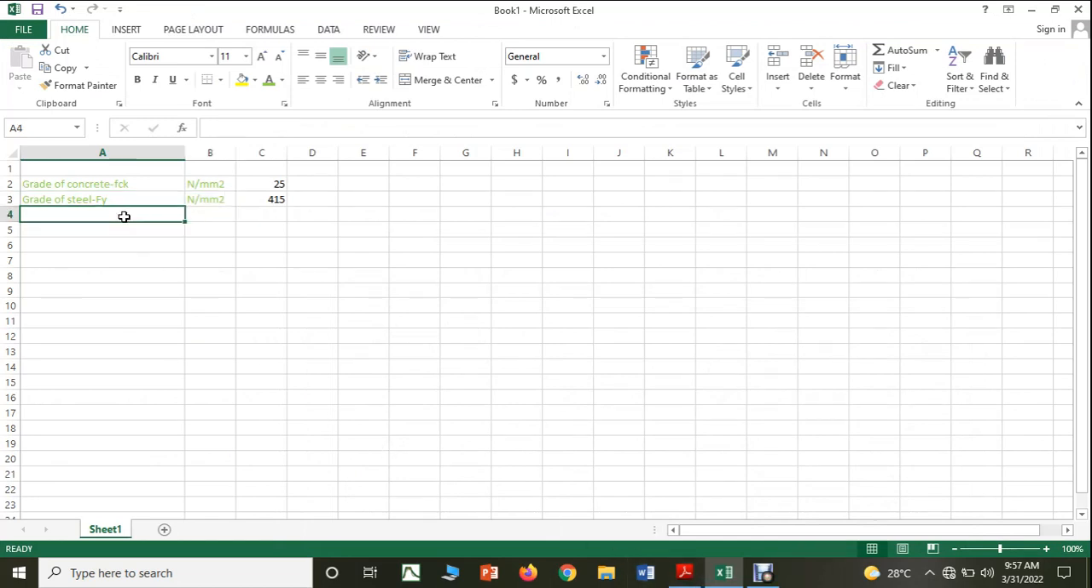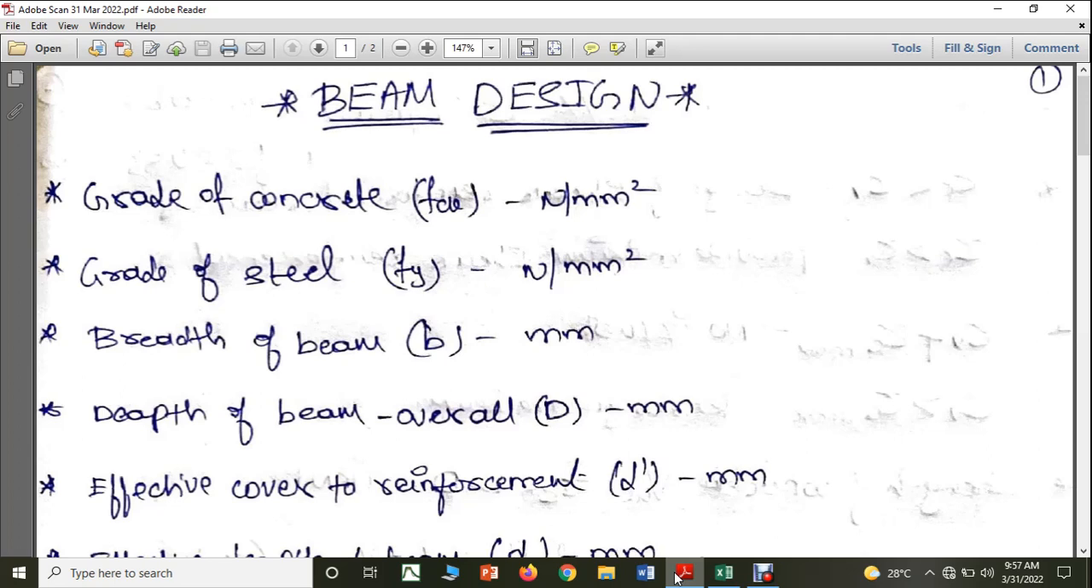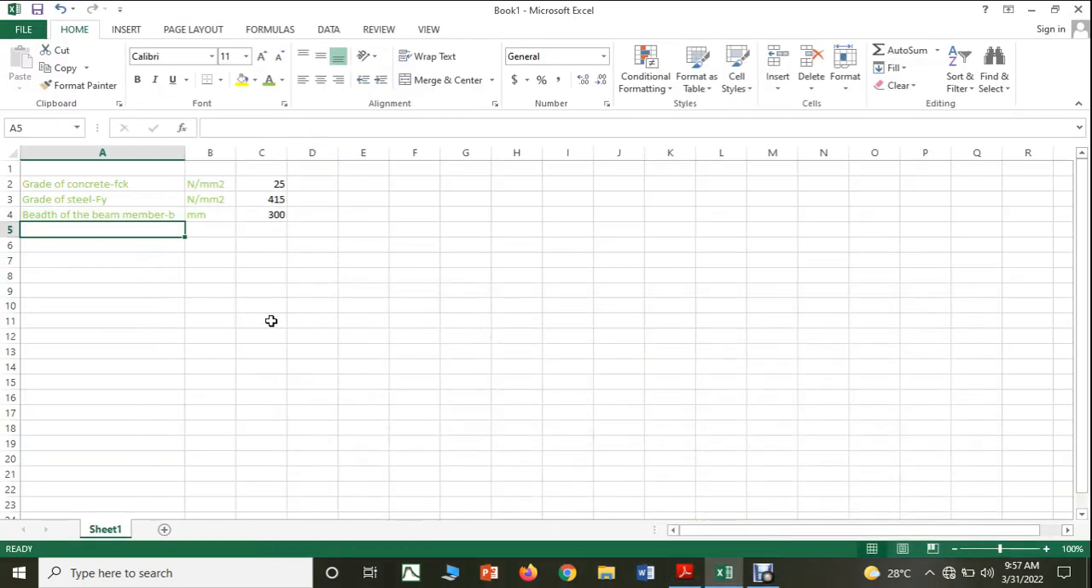Okay, so let us consider the breadth of the beam member. We give it as small b, and the unit of this will be in mm. So this is also an input value. Let us give the value as 300. Okay, so the next that we require is the depth of the beam. Instead of that, you can give